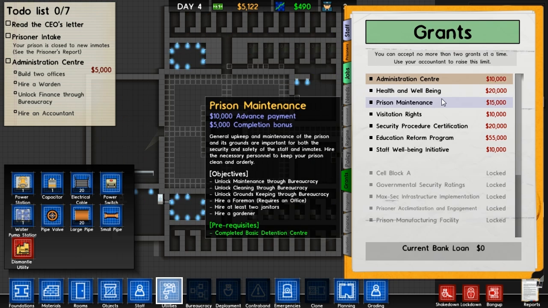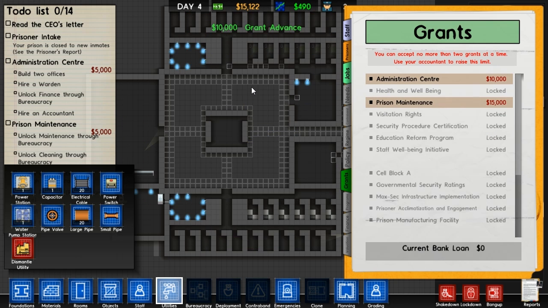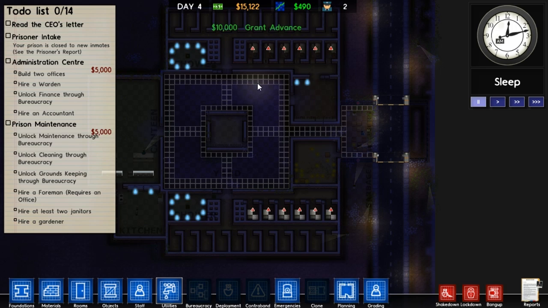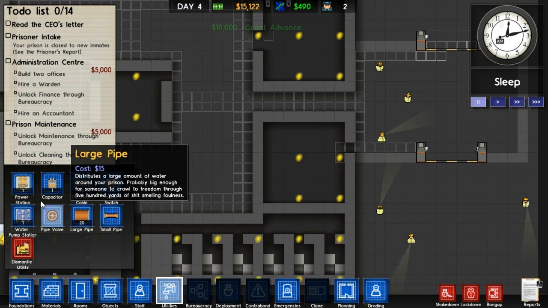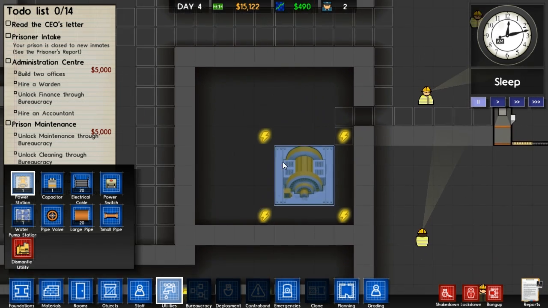Health and well-being, prison maintenance, general upkeep and maintenance of the prison grounds and port. Okay then, so basically groundskeeping in that lot. We'll take that money. I'm happy with that. So basically we just need to unlock all of those things. I am fine with that right now, as long as I can actually afford the utilities that we require to